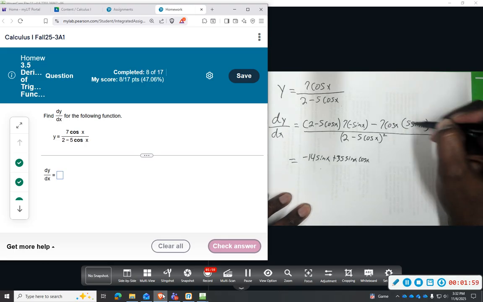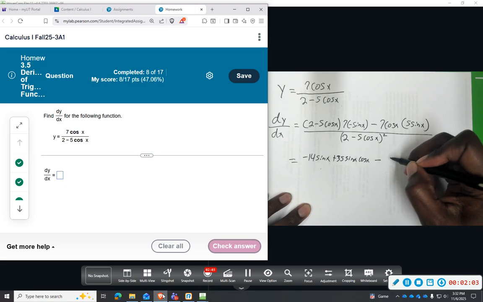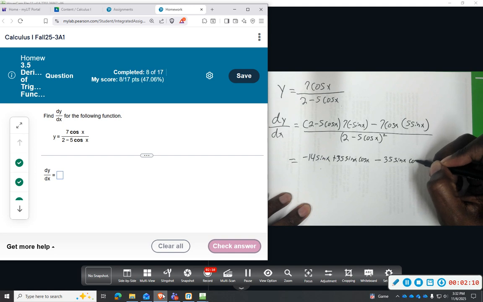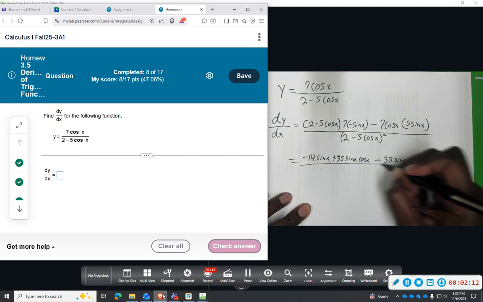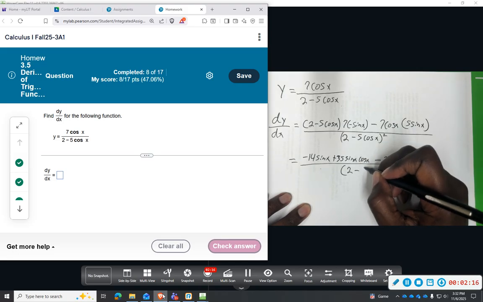And then distributing here, we'll have a negative 35 sine x cosine x. This is all over 2 minus 5